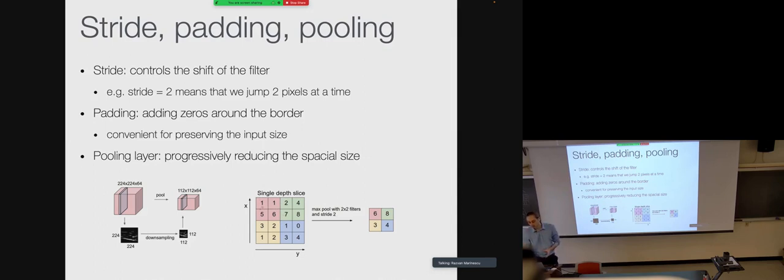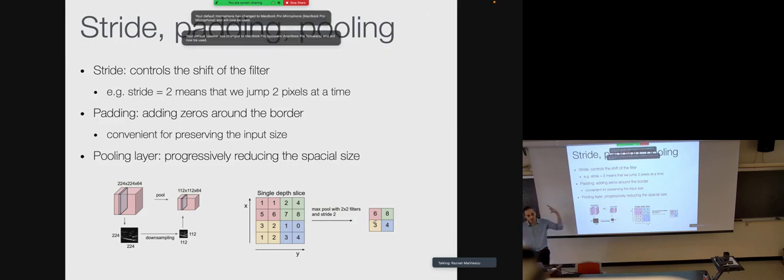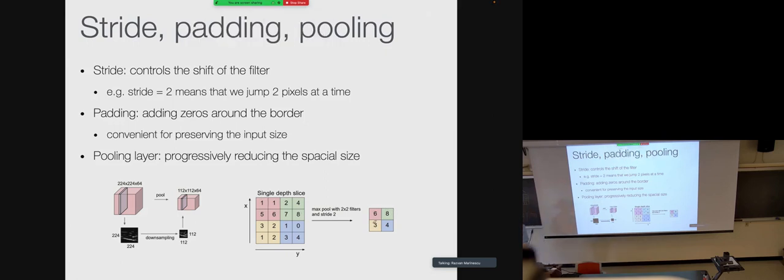So within the reds, you take the maximum, which is 6 here. So you put a 6 here. Within the green, the maximum is 8, so you put 8, and so on. So it's a way to summarize information from your image. Does it make sense?